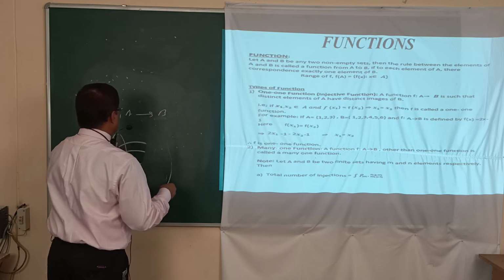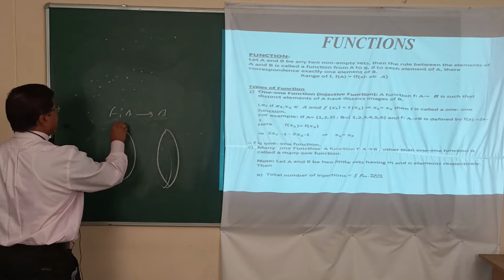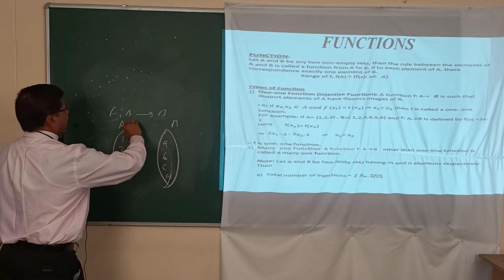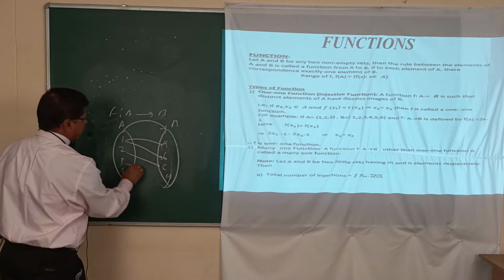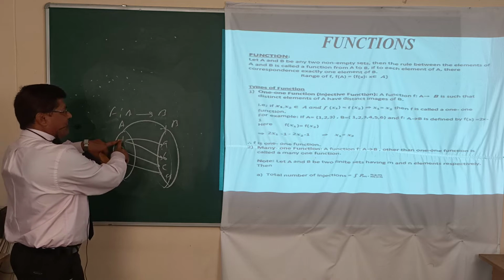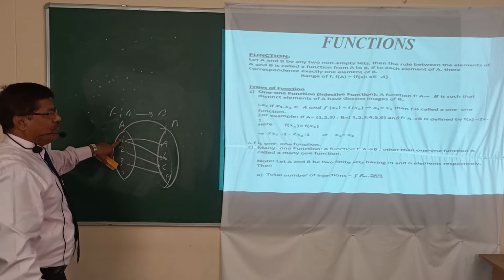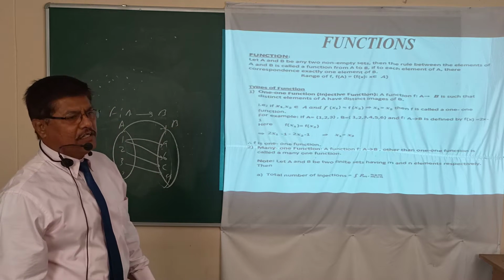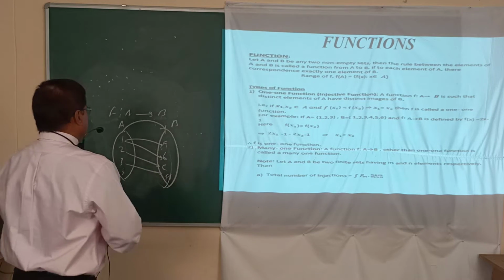This is not a function, you see this. Here the two sets are given, A with 1, 2, 3, 4 and B with A, B, C, D, and a relation is given from A to B. 1 is related to B and C, and 4 is not related. So you see the image of 1 has two images present in set B. It means this is not a function. A function is a special kind of relation under which one and only one image must be present in set B.